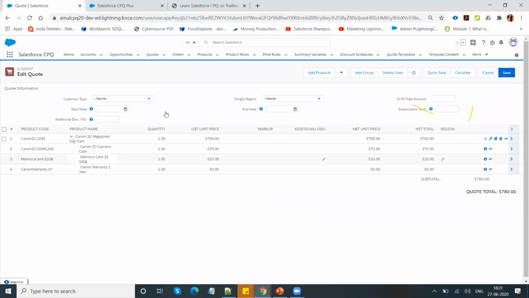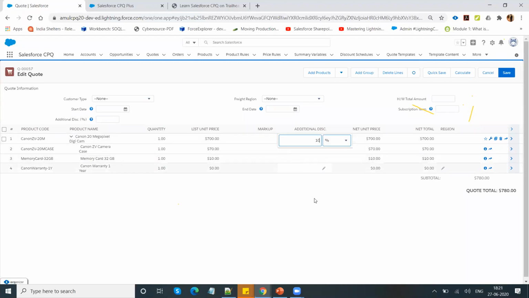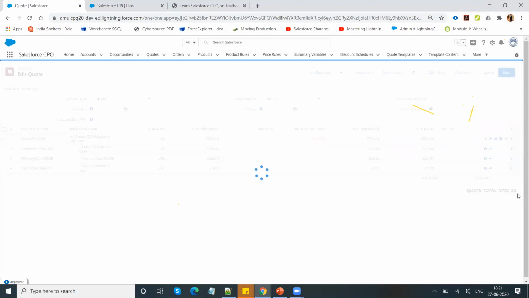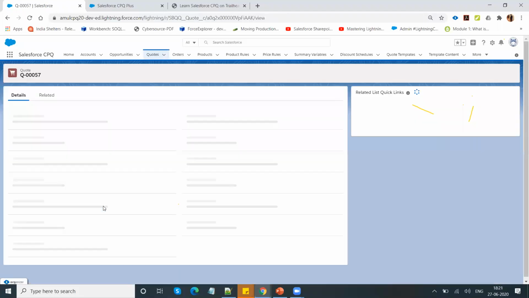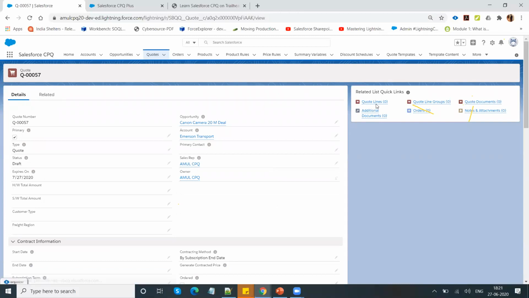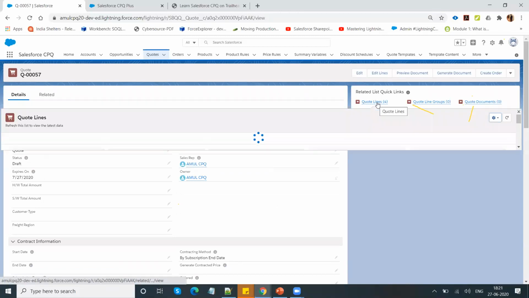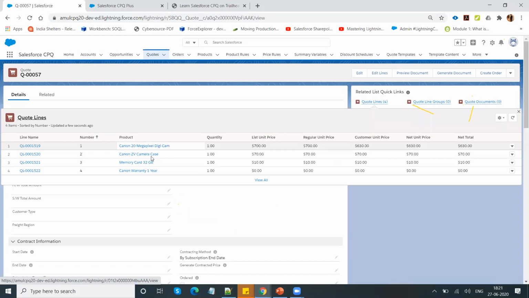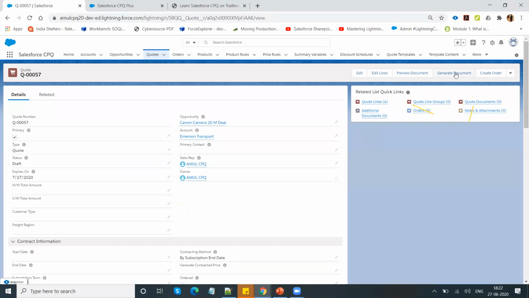Salesforce CPQ has landed onto this line editor page. You can add the discount if you would like to give discounting and click on calculate button. After discounting, this much price will be derived, then click on save button. These are all quote line items that get created. Under the quote line item, you can see these are all 4 quote line items. You have main camera, cases, and all prices are available, right? And then you can also go and generate the document.